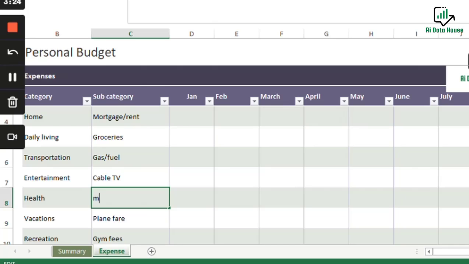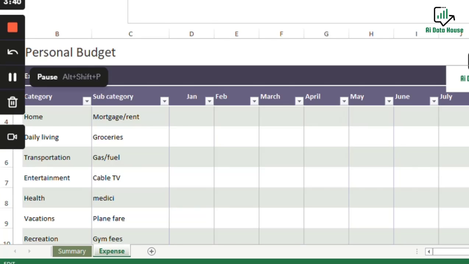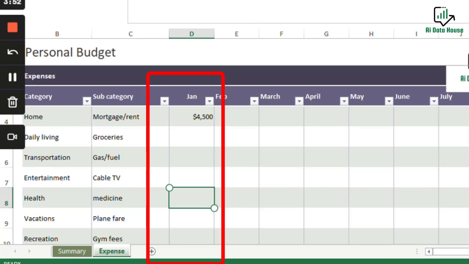Now, for example, if I have to type medicine over here because as a subcategory of health, I need medicine. Now I have recorded medicine in the subcategory of health. Now I can record the expenses of every month in these cells. Now I would type few random expenses for each of these months. For the month of January, for example, if I have paid 4,500 for rent,